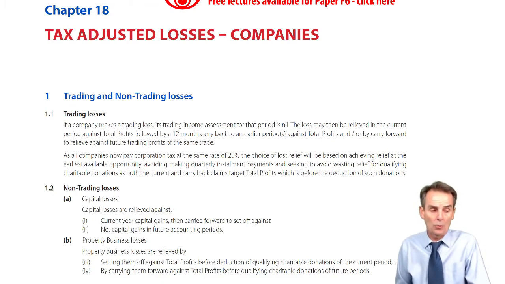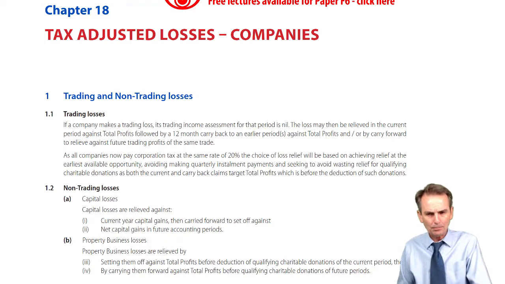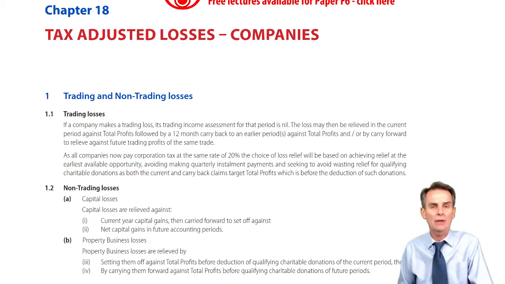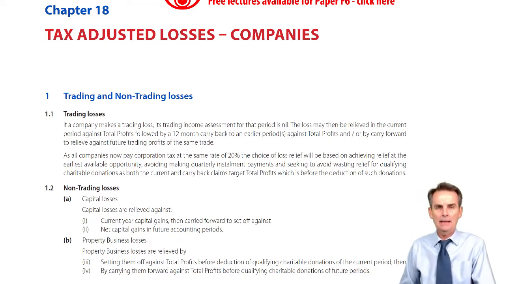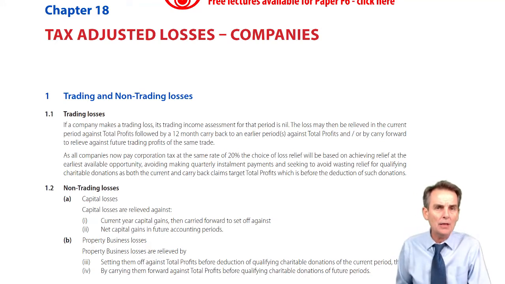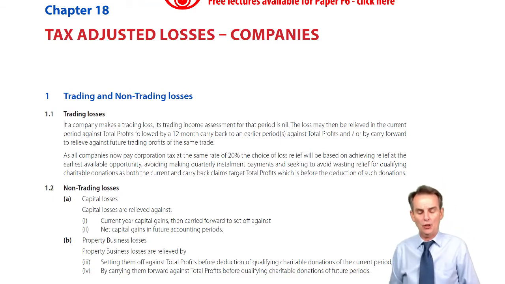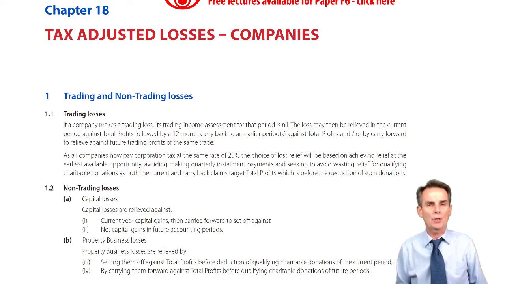What we also saw, as an extension of the current or carryback claims, is that you could go against capital gains, turning what was a trading loss into a capital loss. Added to that in the mix, we saw that there were some specialist opening year reliefs and closing year reliefs. Now we come to corporate tax and we see a similar situation.